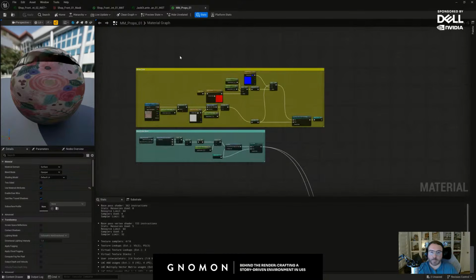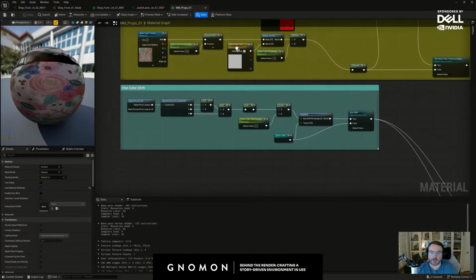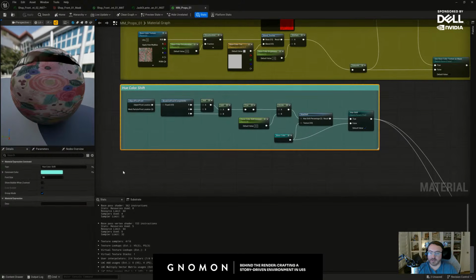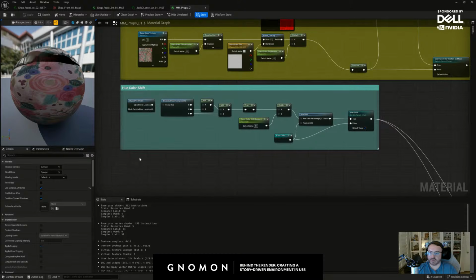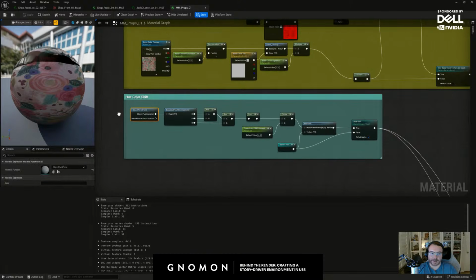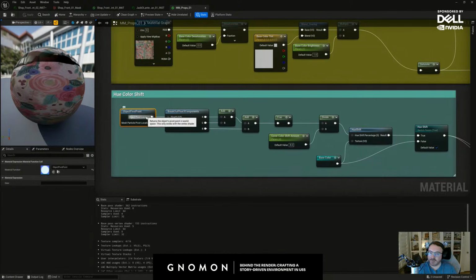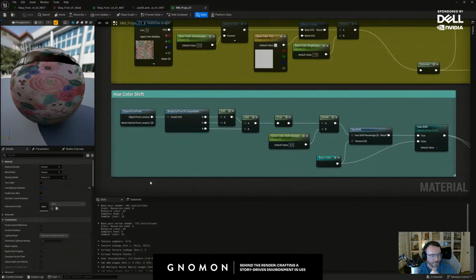But one thing that I wanted to do is having this hue shift. And that's basically the logic behind the hue shift. What I'm doing here is, and I think that's a technique that I found from a YouTube channel, Prismatic, I think is the YouTube channel. I forgot to add his channel to my presentation, but it's great material. I'll look this up and send it over to GNOME and Fox to maybe link it to this